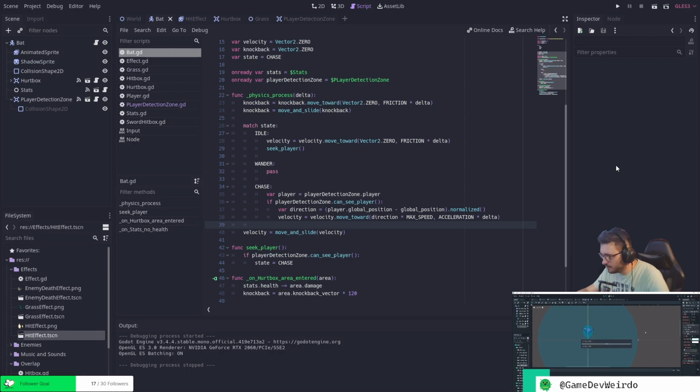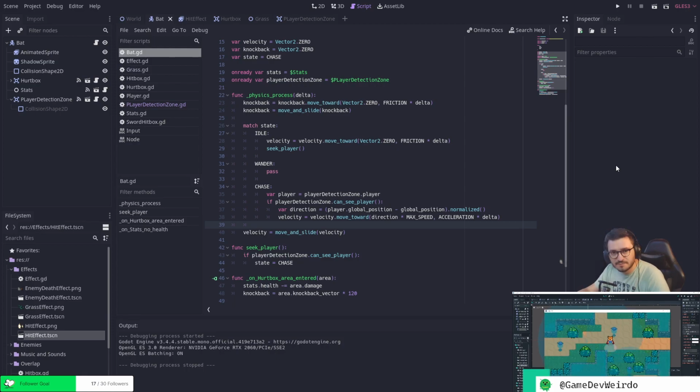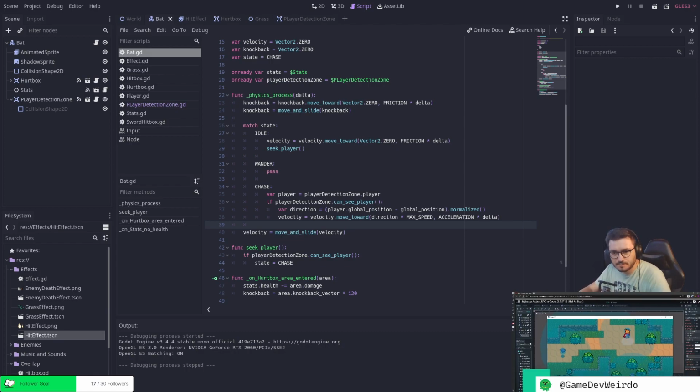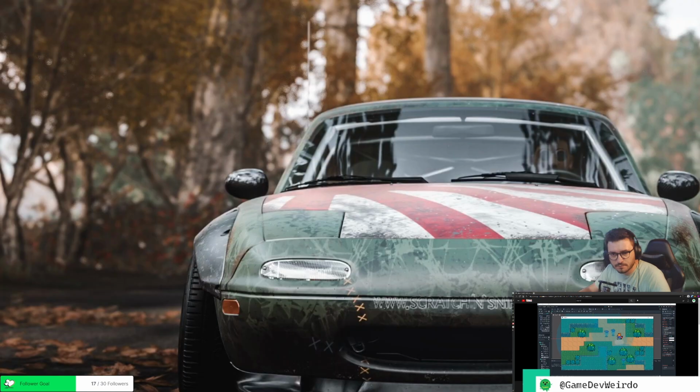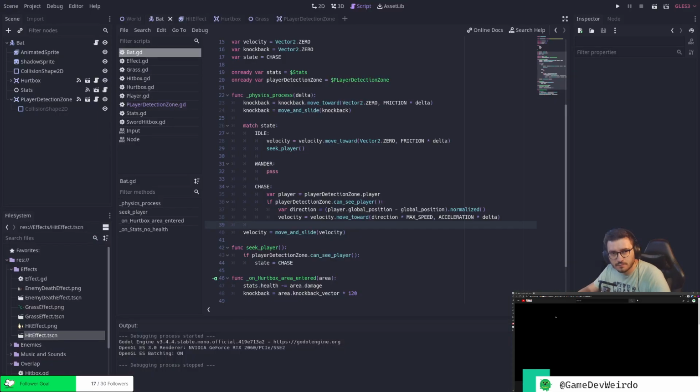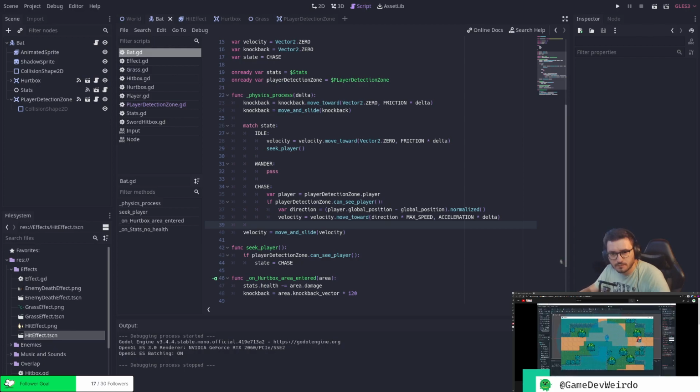Now if we run it again, okay, yeah, you can see the player detection zones for our bats. So we could come over here and trigger that bat. Now it's chasing us too. Come down here, trigger that bat. Now they're all chasing after us. And of course, once we exit their player detection zone,